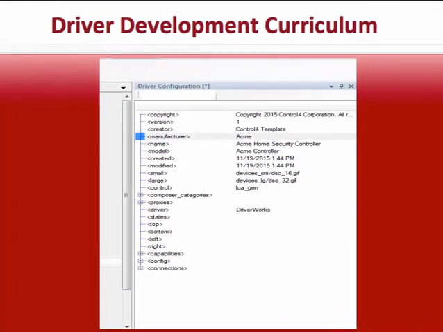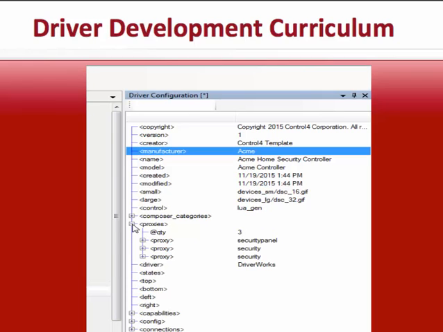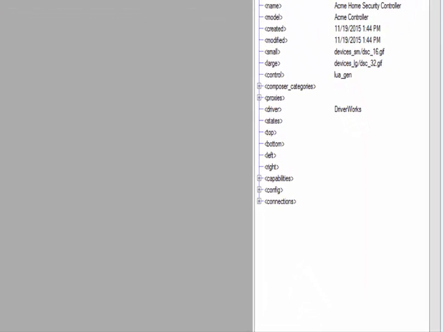Next, we'll take a look at the proxies. Here we see that the template includes 3 proxies, including 1 security panel proxy and 2 security proxies. It is important to note that your completed driver only requires 1 security panel proxy. A security proxy is required for each partition that your panel supports. So, there's nothing more we need to do here unless you wish to change the number of partitions that your driver will support. When we open the capabilities, we see that there are entries for all of the capabilities supported